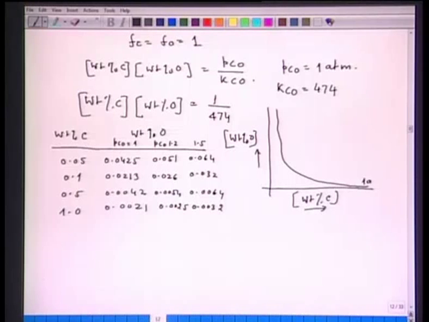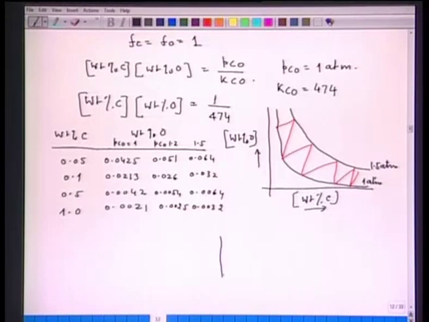So, if I plot these values, or just show them schematically, if this is at 1 atmosphere PCO, then somewhere here I should have 1.5 atmosphere, and this particular range may have the range of partial pressure of CO. So, what I want to say from here is that an increase in partial pressure of carbon monoxide increases the oxygen dissolved in steel. Now, you must be wondering what that means. For example, if I consider a bath, a hot metal bath.